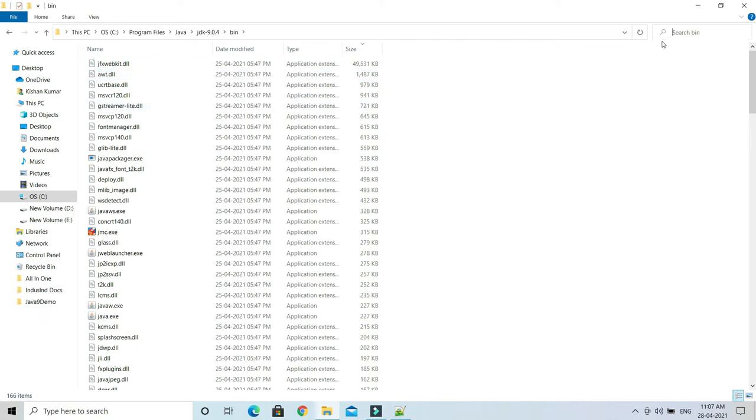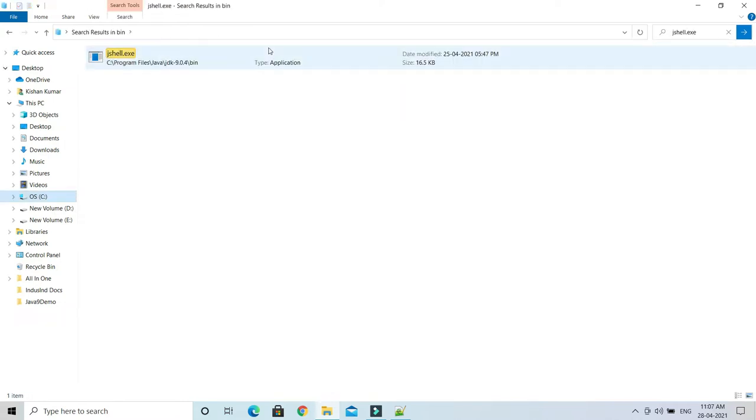If you search for jshell.exe, you will find the jshell.exe file in the bin directory. Make sure you have set the path in your environment variable to work with JShell, else the command prompt will not recognize JShell. This is the first thing you have to do.